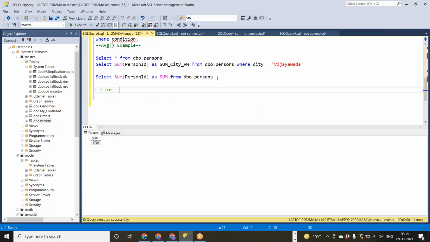So we'll go with the LIKE operator. It will be used in the where clause to mention some specific pattern for the column. So I'll tell you what I mean.